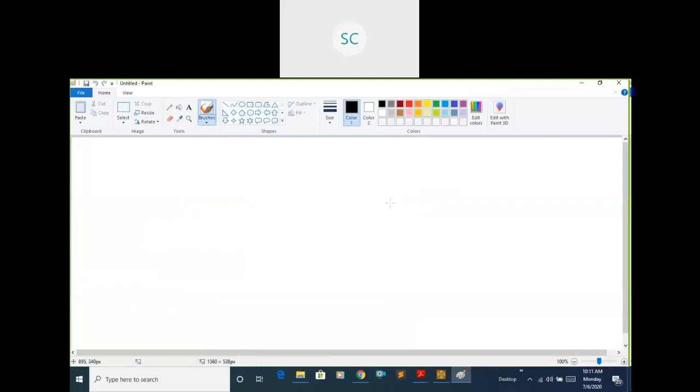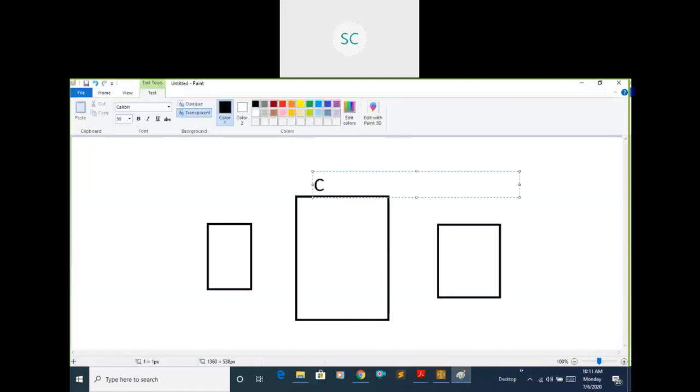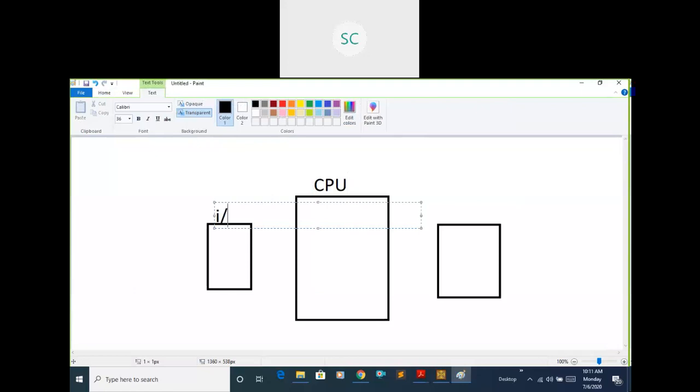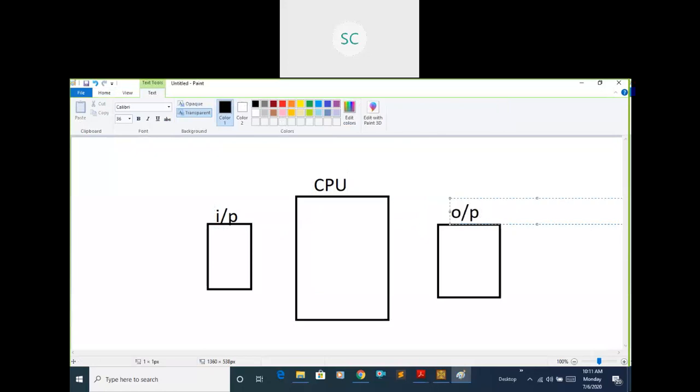Just observe this diagram. Here we have one CPU, one input device, and one output device. This is the CPU, this one is the input device, and this one is the output device. What happens? For example, consider